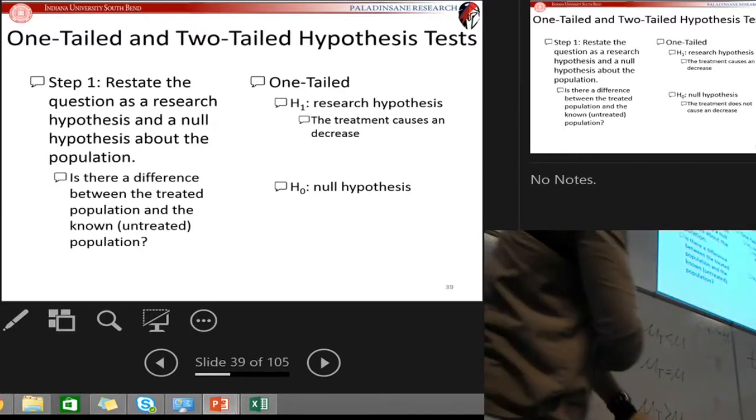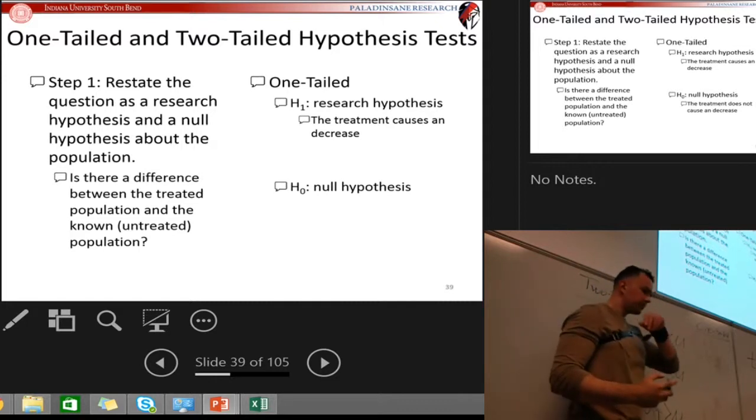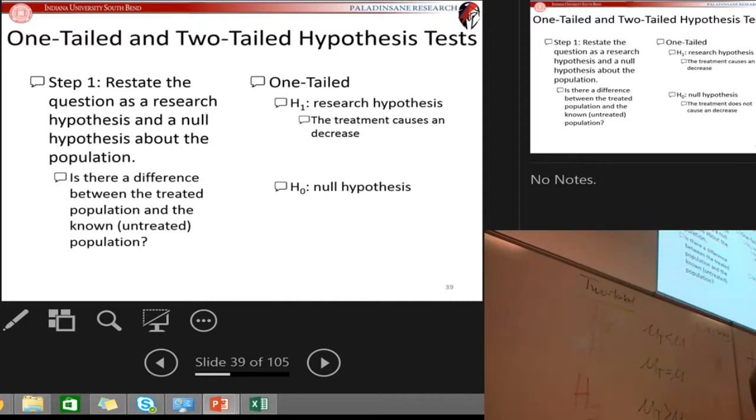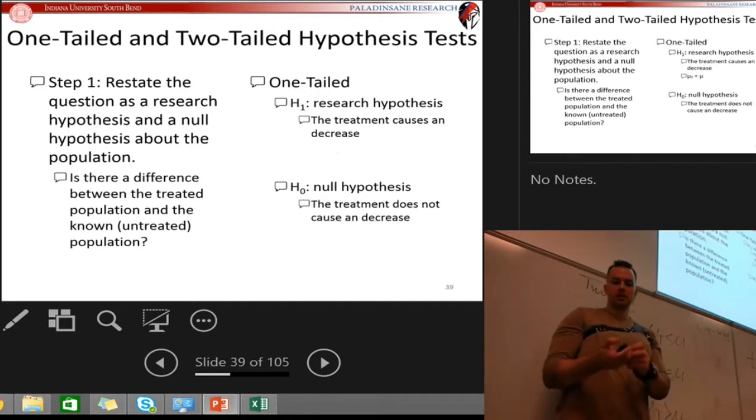All right, so let's get started on this second hour of today's class. So we just took a look at one-tailed versus two-tailed hypothesis tests and how to look up the cutoff scores for those, how to phrase your research and your null hypothesis in terms of that. So what we're going to do now is,